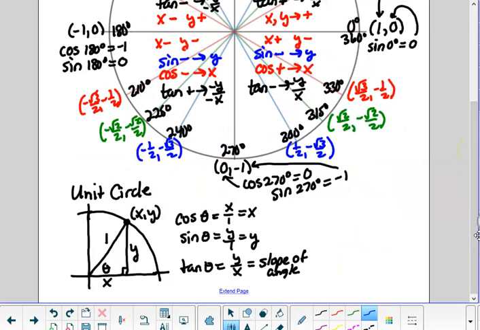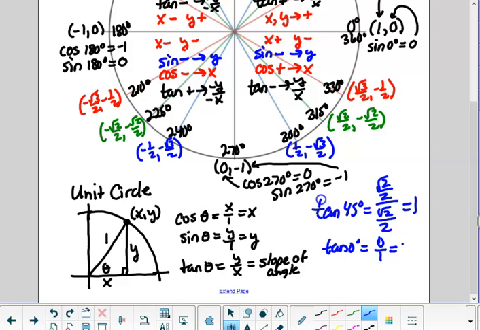So for tangent of 45 is square root of 2 over 2 divided by square root of 2 over 2, which is just 1, something you already knew, that tangent of 45 was 1. So the 45-degree angles are going to be helpful. Tangent of 0 is going to be y over x, which is 0 divided by 1, which is just 0. Tangent of 90 is y over x, which is 1 divided by 0, which is undefined